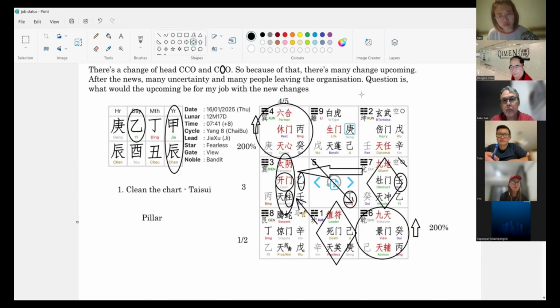But if the CEO comes in and wants to have a say in it, then even though the open door is there, attached with him, the CEO is going to chop him off. Why? 7 is metal, what? He is what? Wood in box number 3. The whole thing is going to be chopped off 100%. Gone. Nothing left. So which means that when we analyze the chart, we also have to ask certain details. So who is the decision maker? Who is going to decide who is going to stay or not? Is it the current new management, or is it the previous, the existing CEO?